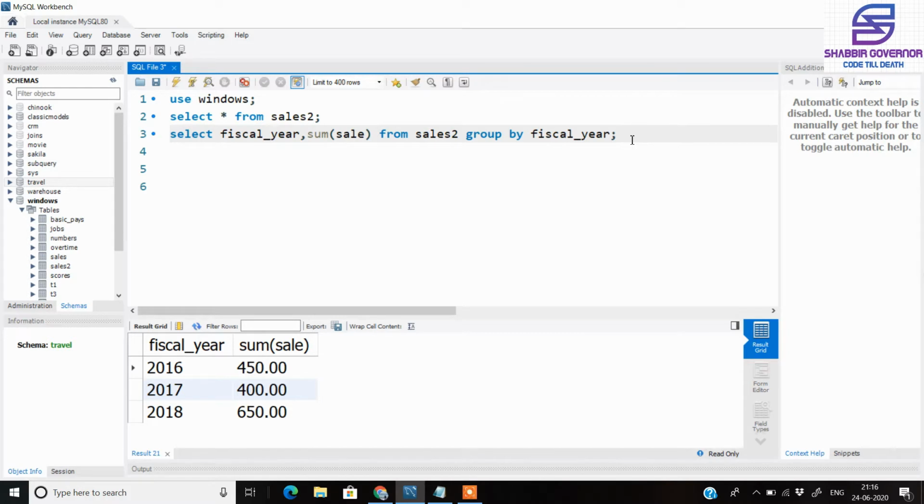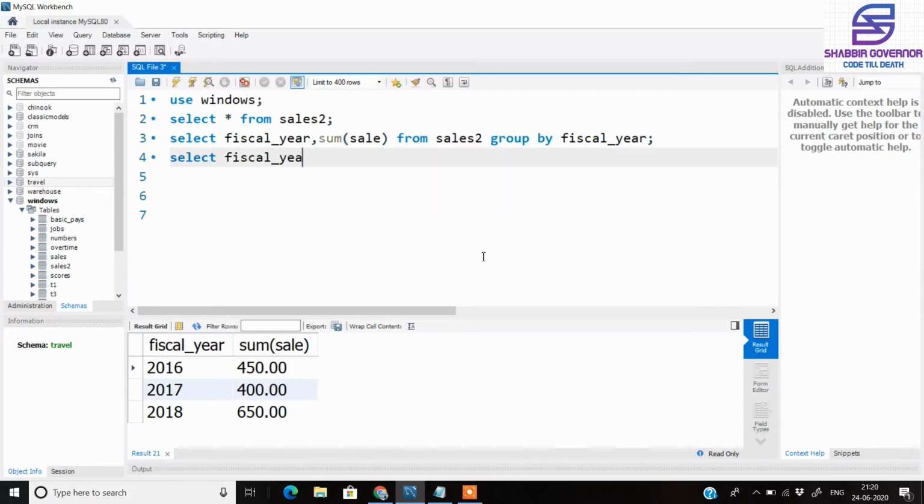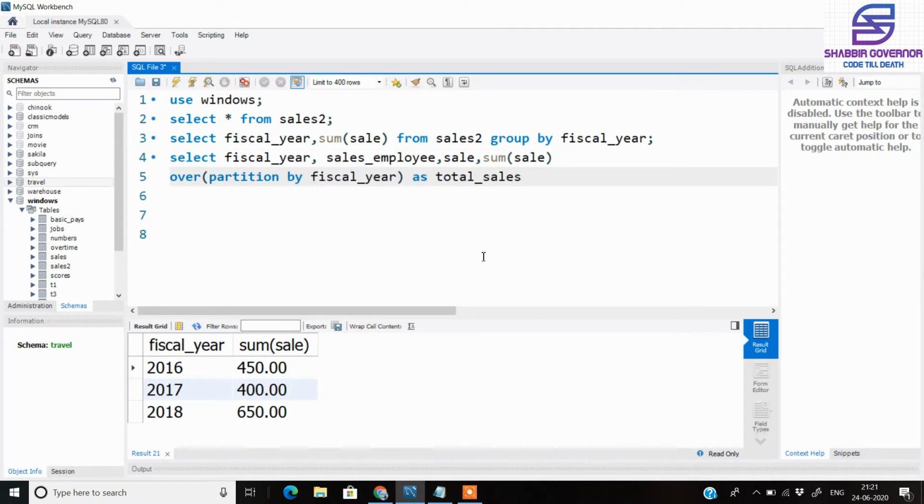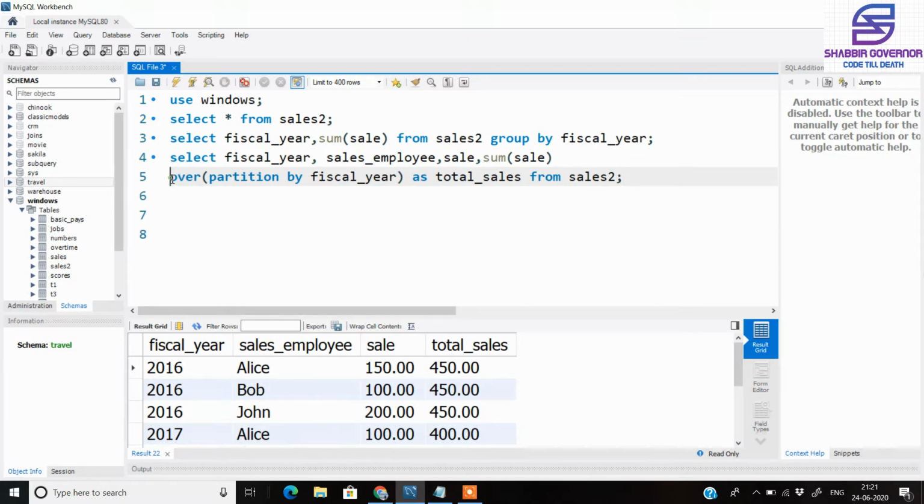If you want a separate column for it and you want the total sum over the full table, the window function that we will be using here will also be sum, but we will be using the partition clause, which is the most important thing in window function. First you need to understand the over clause that is used in every window function. So this over clause actually defines the window over which the division inside the table will take place. So here we have divided the table based on the fiscal year. So we have three fiscal years here, that is 2016, 2017 and 2018.